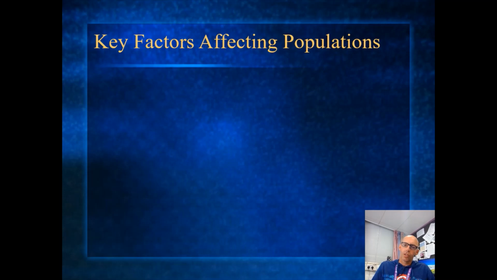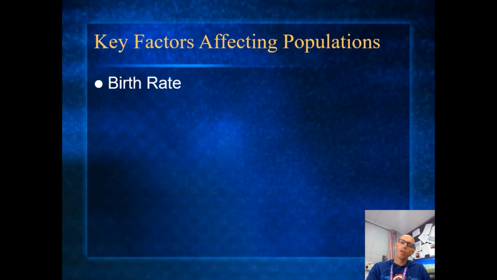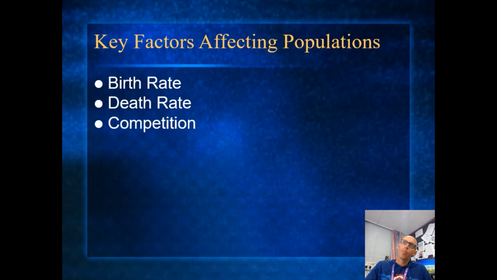It's not just predator and prey that will affect it. So again, very short video starting now. And so hopefully what you'll see is there's other things. So if there's a lot of food around, obviously the birth rate goes up if you're a predator. If there's lots of you dying, the population number goes down. Competition we haven't really looked at yet, but I'm going to go on to that in a minute.